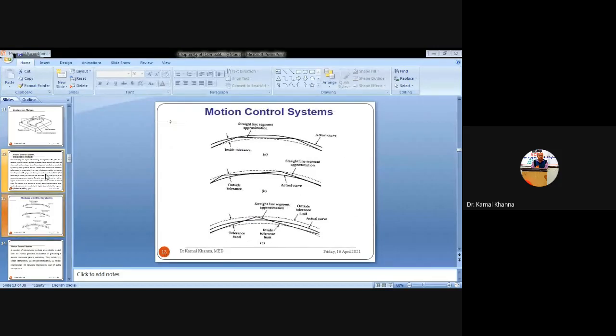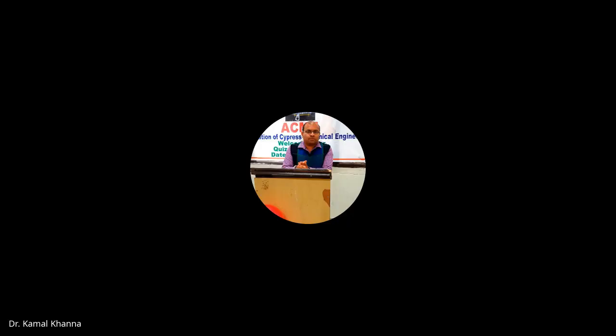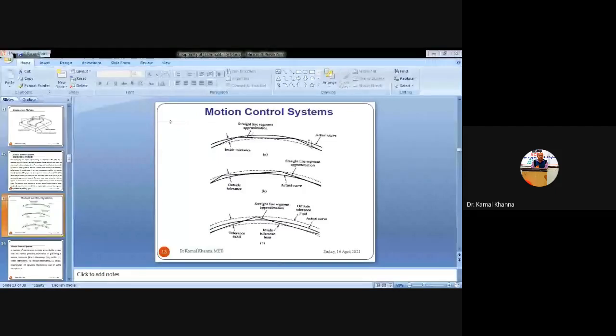Whenever the tool is used to perform the operation on the continuous path in the circular or non-linear portion, we have to divide the total path of the tool. Let us say the path is from A to B. This point is A and this point is B. The tool has to start its machining from point A to B. So we have divided the circular portion into three line segments. Firstly the tool will move from the inside tolerance to the outside tolerance, then from point 2 to point 3, and then again from point 3 to 4.